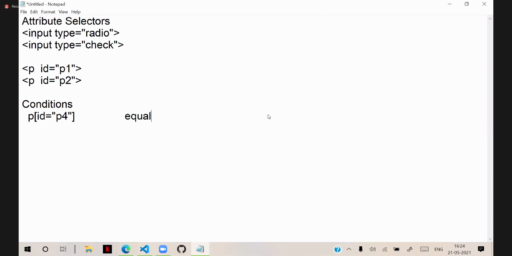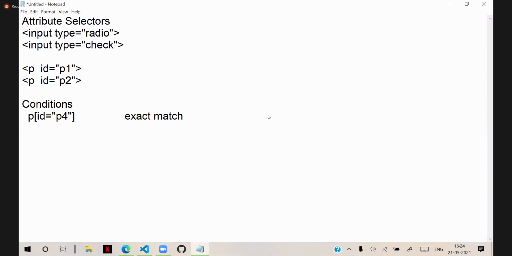This is equal. That means wherever the ID is P4, this indicates exact match. That means if it is exactly matching, that is exact match.